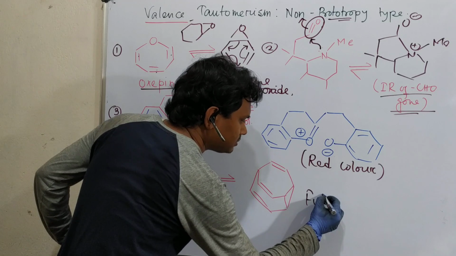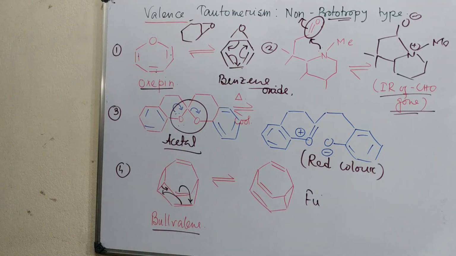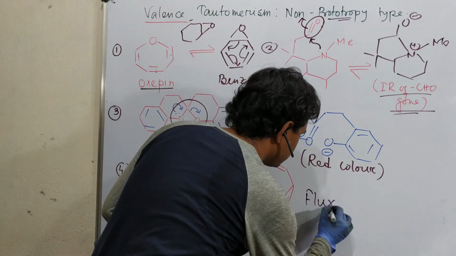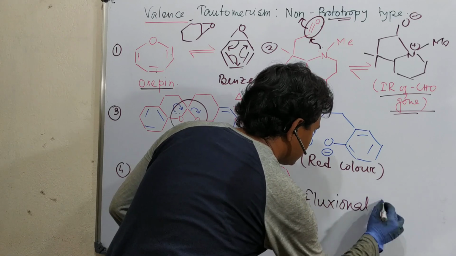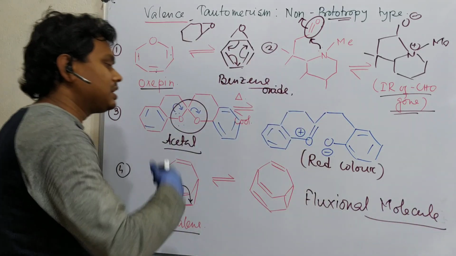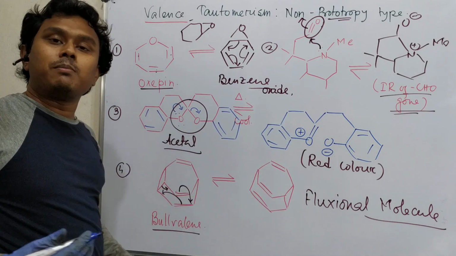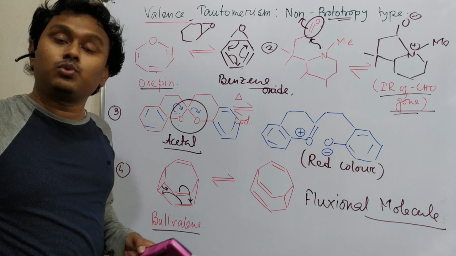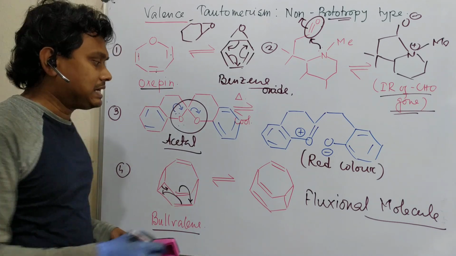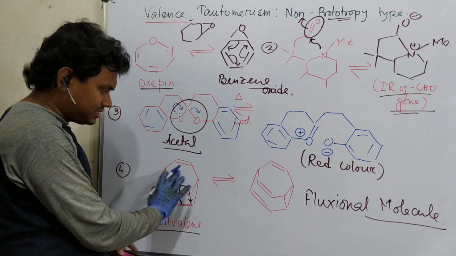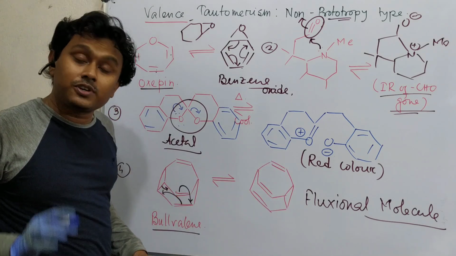Actually, let me check the spelling. Fluxional. This is nothing but a fluxional molecule, okay? It means that with respect to temperature the bond organization changes, and on the NMR time scale we find the average structure. That is the reason that, although from a particular snapshot structure you think these protons or these carbons are different, actually they are not.